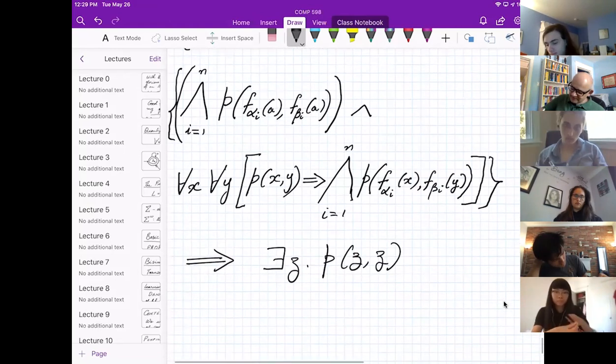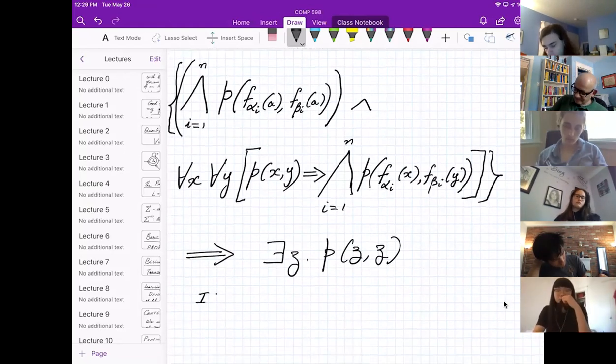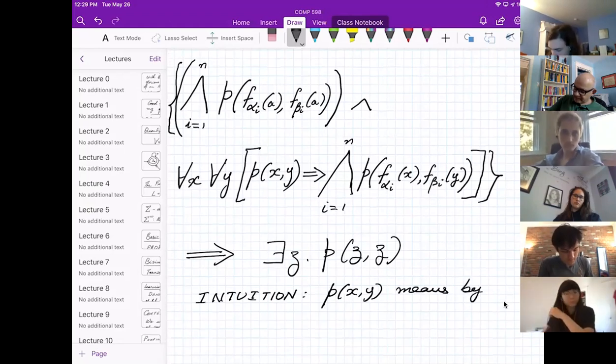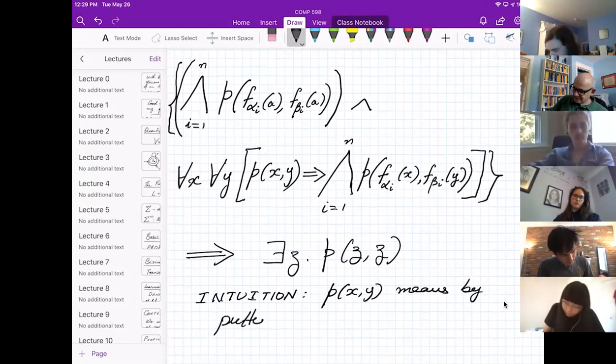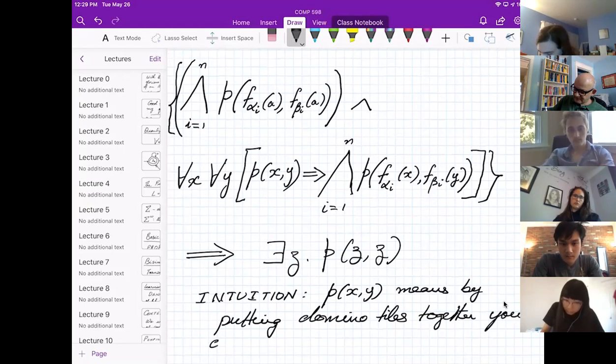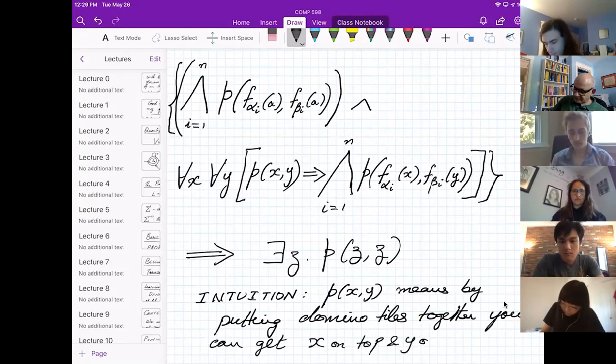So the way you should think about this, PXY means that by putting dominoes together, or domino tiles together, you can get X on top and Y on the bottom.